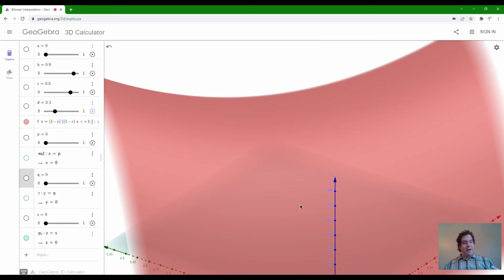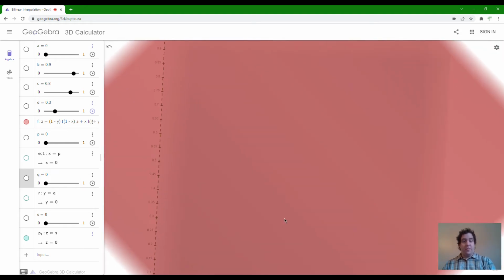However, because we have this hyperbolic shape, when we wind up taking cross-sections for fixed values of z, we're going to wind up with hyperbolic shapes. And what this corresponds to is having a particular